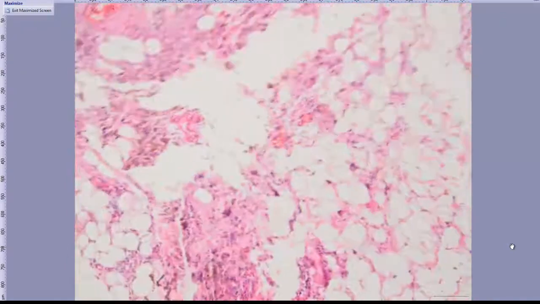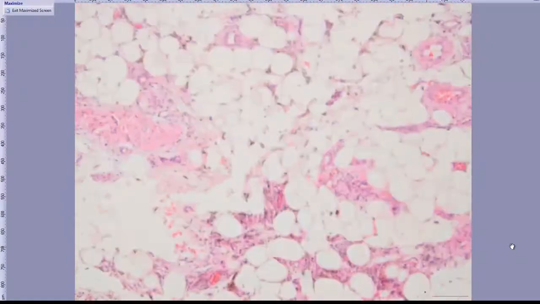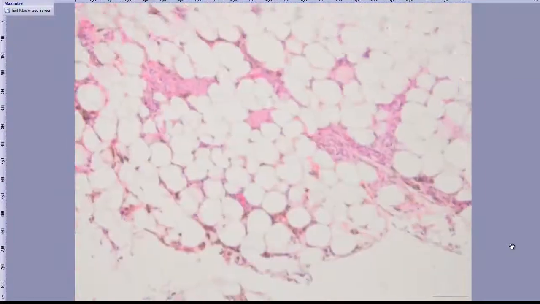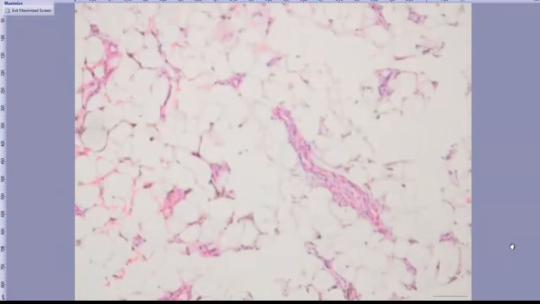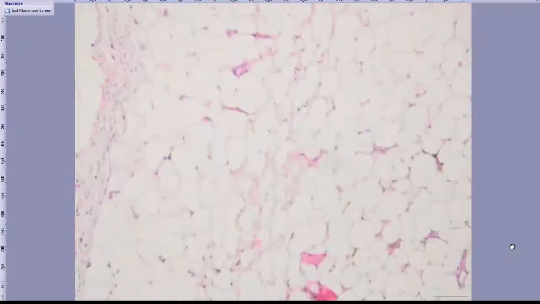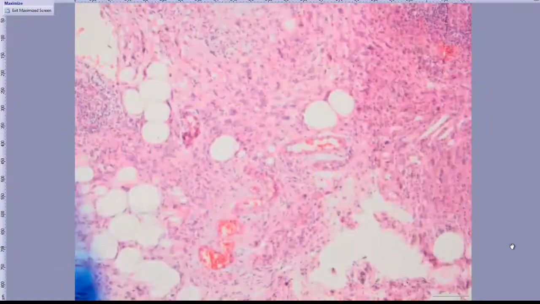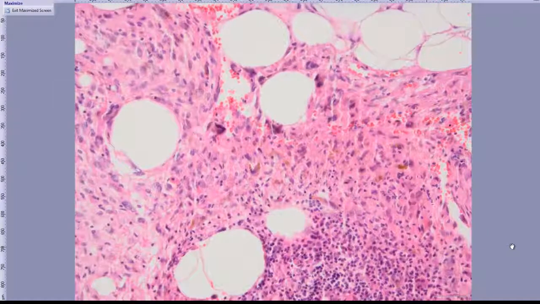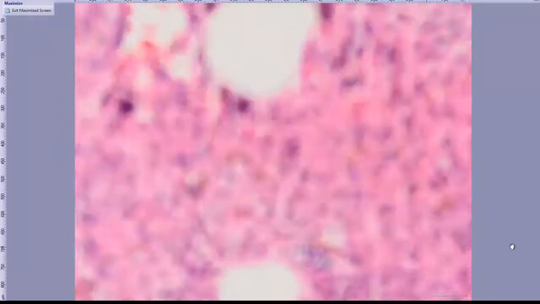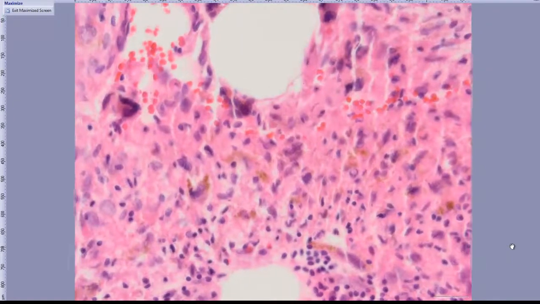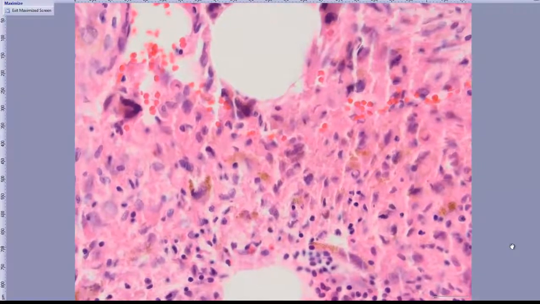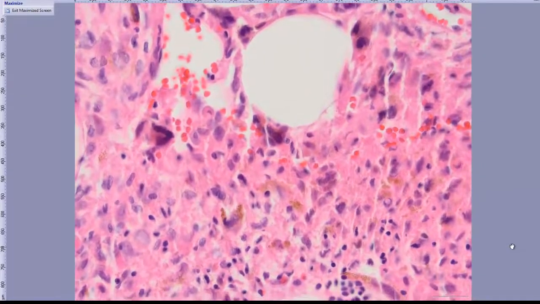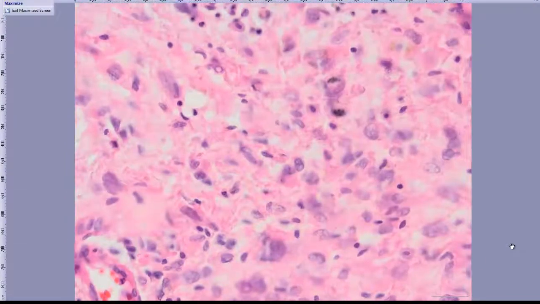and these areas are consistent with hemosiderotic fibrolipomatous tumor. But as I told you and showed you in the low power field, we have some areas with increased cellularity, and as we see here, these ugly looking hyperchromatic cells just appeared in the cellular areas, and